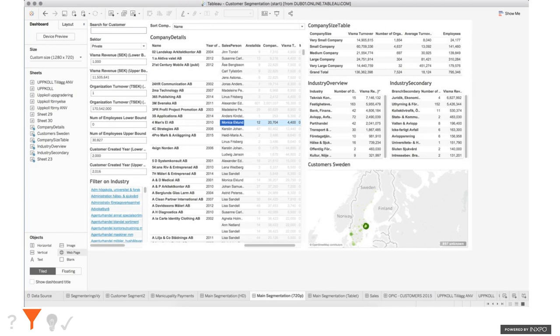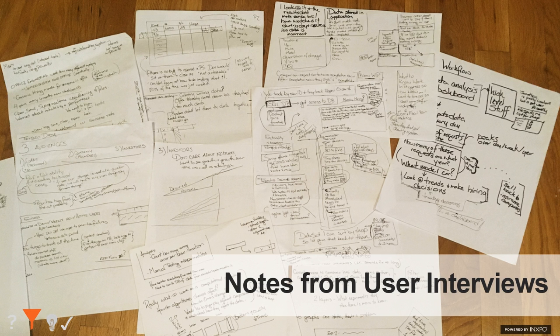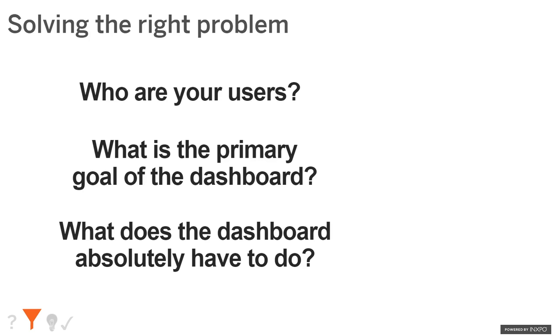And while there are places where this could be appropriate, 95% of the time it's not what you want. During the distill phase, remember that our job is to build what our users need, not what they want. I usually start the distill phase with a pile of notes from user interviews that look something like this. All of these are actually notes from one user. During this phase, we're going to take all that information in the notes and pull it into answers to these